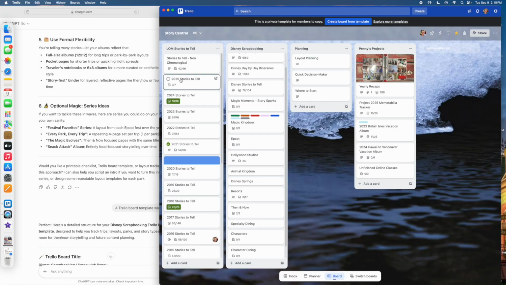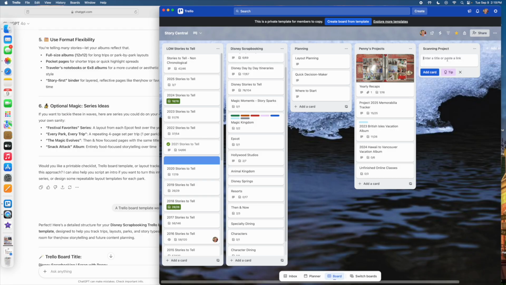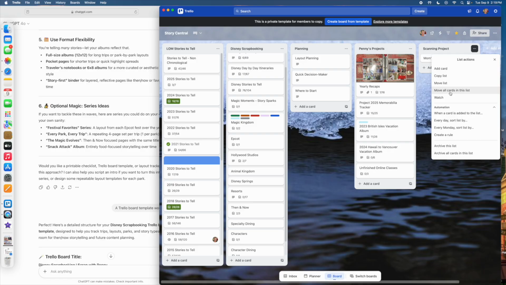I've got a card. This little area right here is called a card, and this is called a list, and this is a board. This whole thing is called a board. I don't really have any other boards. I really only use this for scrapbooking. And so again, if you wanted to add a list, I could say scanning project. I could add that list, and then I could add a card, and it could be mom's photos. I'm going to undo this. It doesn't like to let you delete anything,